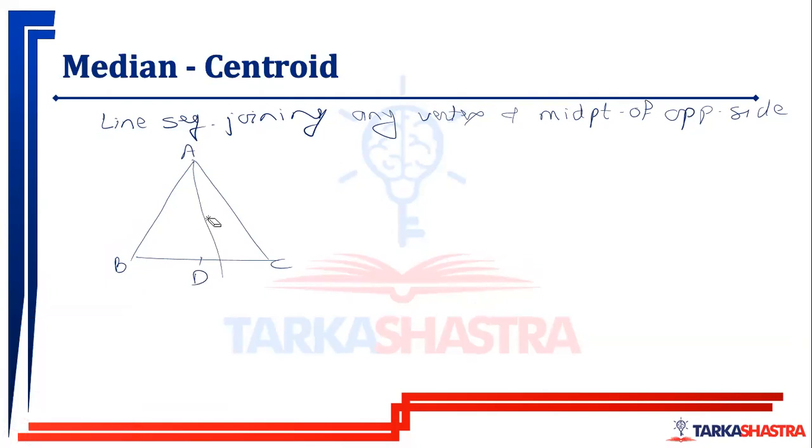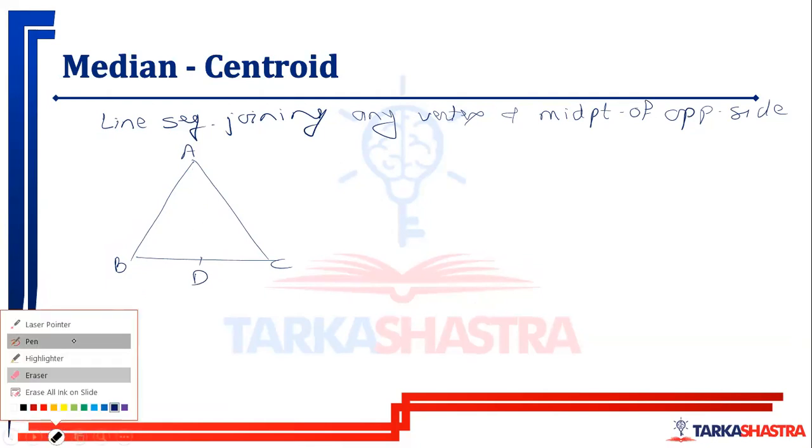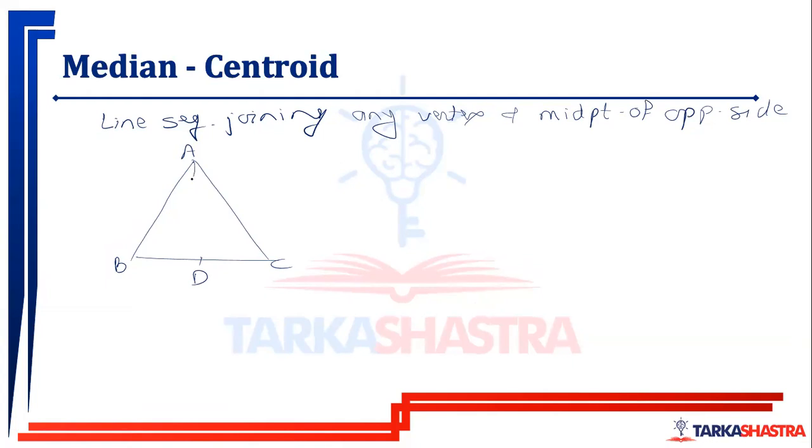मैंने पहले ही बोला है आपको कि I am not the artist, so मेरी lines और figures, मेरा curves के साथ बहुत अच्छा relation है, straight lines के साथ नहीं. Okay, if I say that this is the line, AD is a straight line. कैसे ड्रॉ करूं इसको? AD is a straight line.